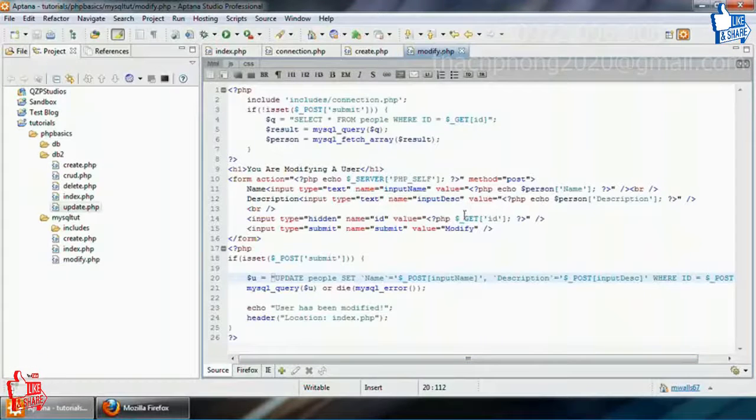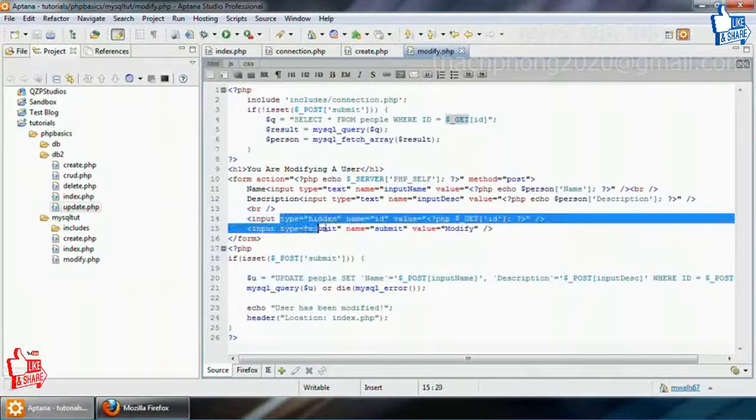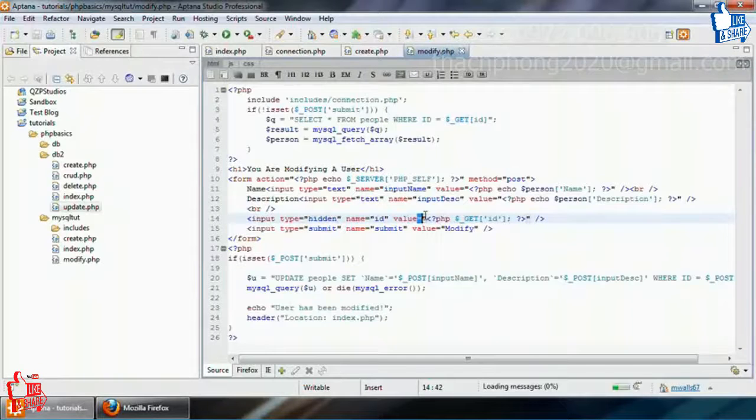Alrighty, I found the errors. There were a few up here in the hidden variable. Basically, the value is still non-existent. All this is doing is just saying, hey, there's a variable. So we need to tell it to echo that. And then down here in our query, we need to put these backticks around all of our set variables, like we're going to set the description of the database. We need these backticks, which is right next to the 1 on the top row of the number keys. And then if we do all that correctly, save it,